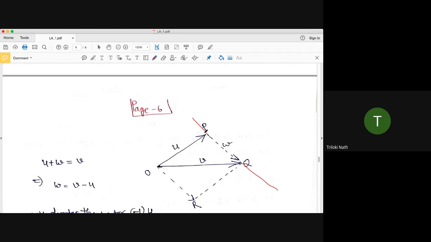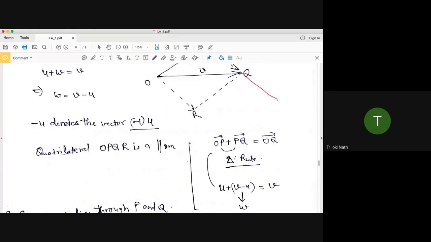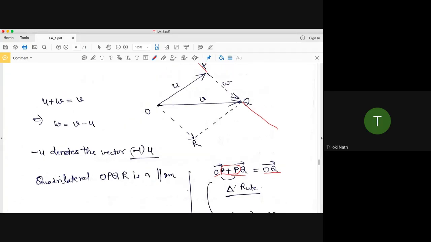Of course, again by the triangle rule, this OP vector plus PQ vector is equal to OQ vector. Or in other words, by the parallelogram rule of vector addition. So I will call it triangle rule. This is very simple to understand. That means OP vector plus PQ vector is equal to OQ vector. That means the letter which is intermediate, just delete it. So what will you get? You get OQ vector. So that's why this is called triangle rule, because it is forming a triangle OPQ.